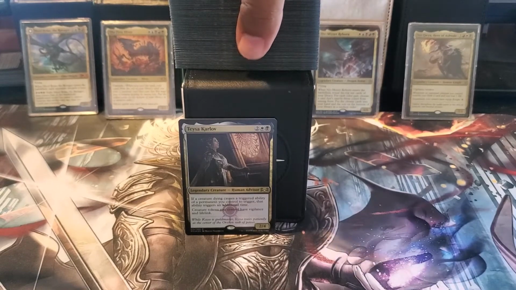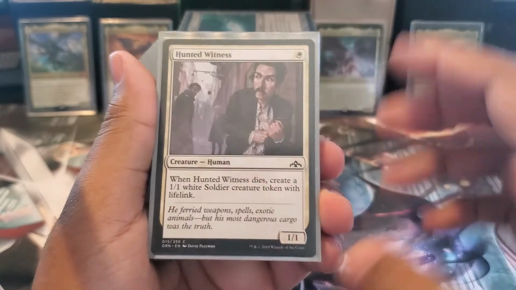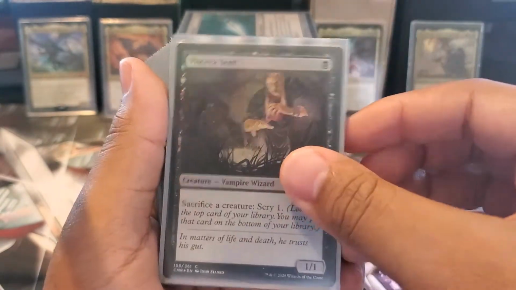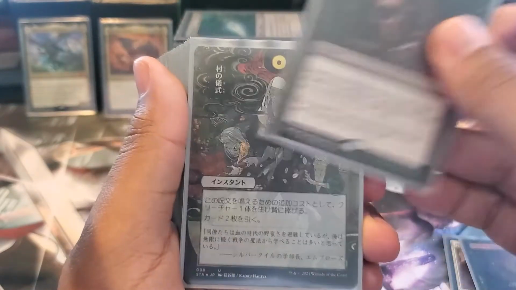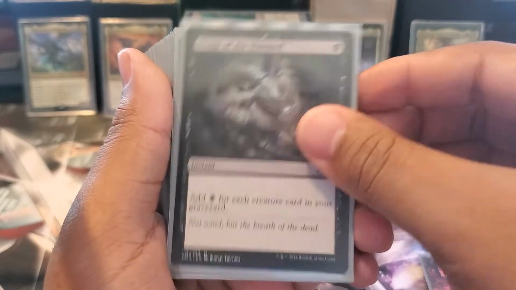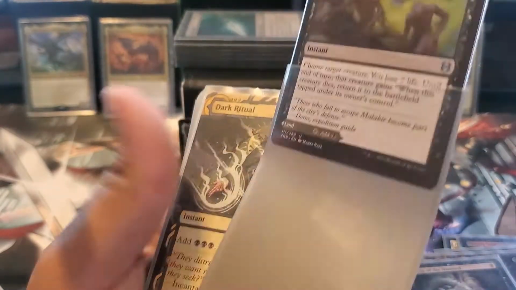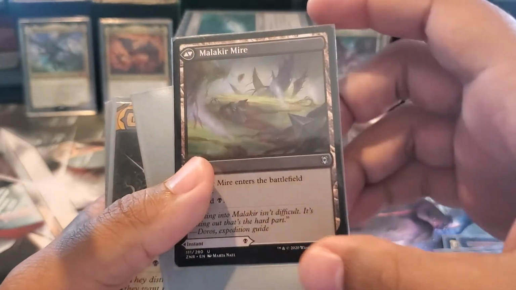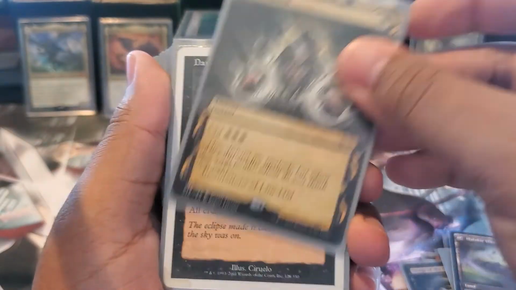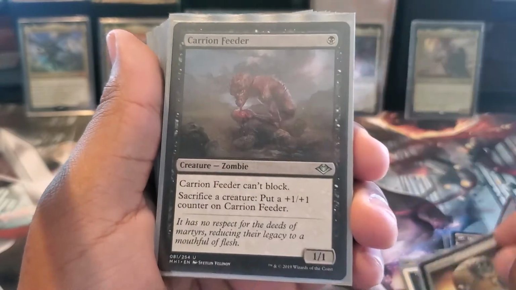Alright, now I'll go ahead and show you guys the rest of the cards in the deck. Starting off here, we have Hunted Witness, Soul Ring, Viscera Seer, Vampiric Tutor, a Village Rites, Songs of the Damned, Malakir Rebirth, with of course the Malakir Mire there on the back, a Dark Ritual, Darkest Hour, Skull Clamp, Carrion